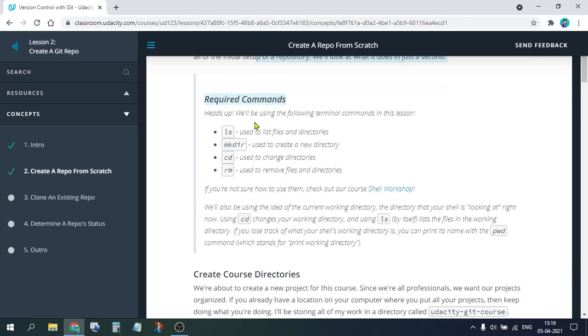Recurring commands. Heads up, we will be using the following terminal commands in this lesson. ls, used to list files and directories. mkdir, make directory, used to create a new directory. cd, change directory. rm, remove files and directories. If you are not sure how to use them, please check out our course